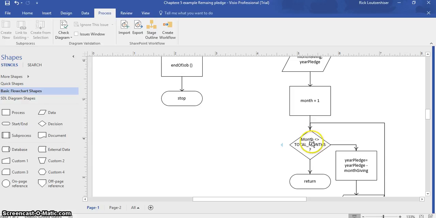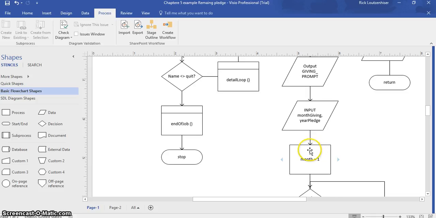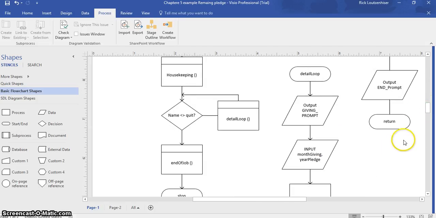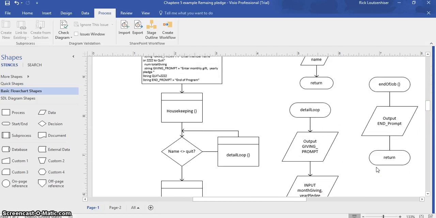If it's not equal to total months, it's going to go into this loop. Now, total months was a constant that I named up above in declarations, which was 12. So obviously, as long as this isn't December, I'm going to keep going through this loop. But once